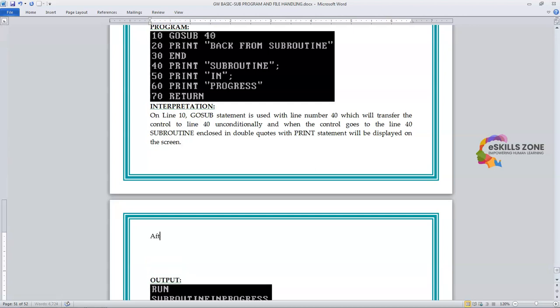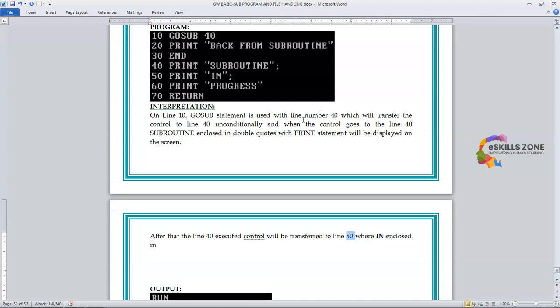After that, the line 40 executed, control will be transferred to line 50, where IN enclosed in